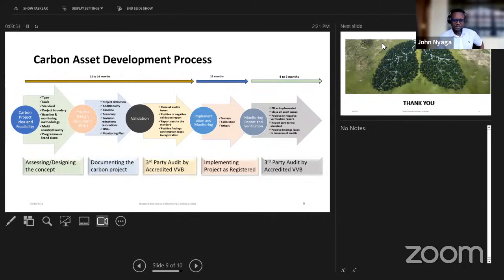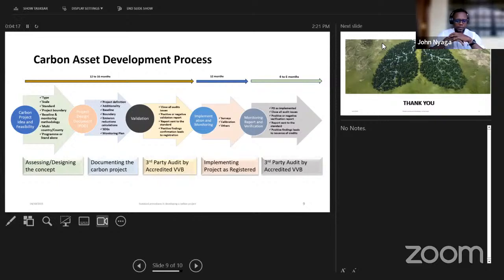It's what you will do if you want to set up a carbon project today. You are an individual or an organization or a company. Today, you decide, I want to set up a carbon project. What are the steps that you need to go through? What are the timelines? And then we will discuss each of these. So number one, there are 5 steps. And step number 1 is carbon project idea and feasibility.